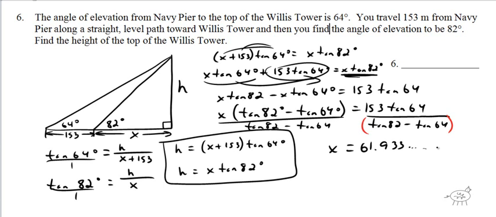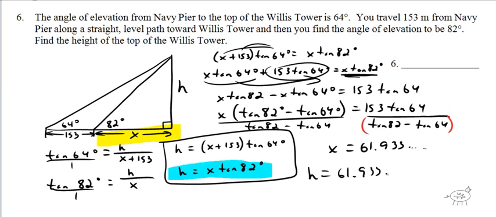Okay, and this is not the answer, and this is a mistake that a lot of kids make: they put that on the answer blank. That's x. That's nice that you figured out x, but that's not what I'm looking for. You're going to lose one point because you didn't figure out h. So to figure out h, which one are you going to plug it back into? Why don't you just plug it back into the easiest one? Isn't this the easiest one to plug it into? h equals x tangent of 82. So there it is, h equals x